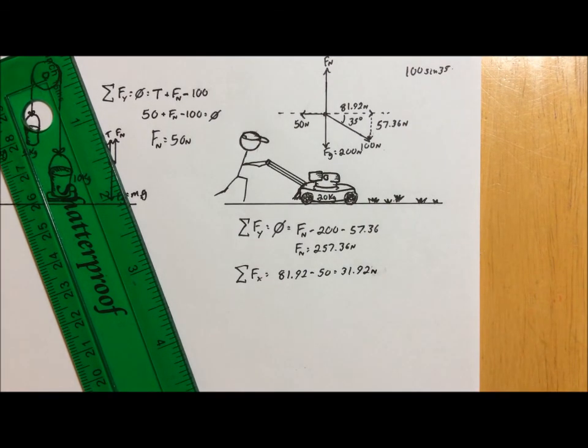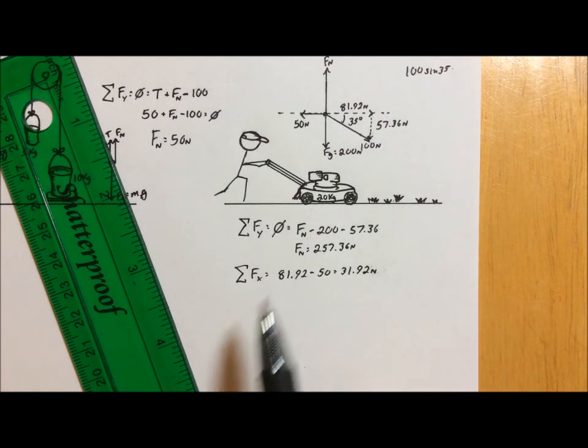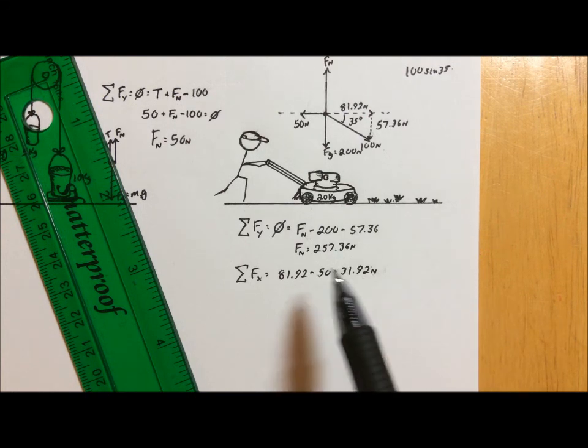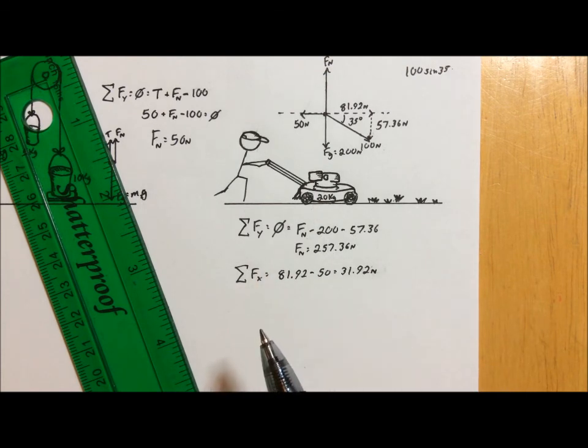Which way is it? It's to the right. So what is this thing going to do? It's going to accelerate to the right. And this is called the net force. All these components, all these pieces, it's like you get paid a gross salary, and it's an awesome number. Your check comes in, it's $500, it's $1,000, and then it says we need to pay for taxes, we got to take out all these other things. Here are some charges, here's some fees, here's the net, here's what you actually get, and it sucks. Here's what we get. We started off with 81.92, friction took away 50, and we end up with 31.92.